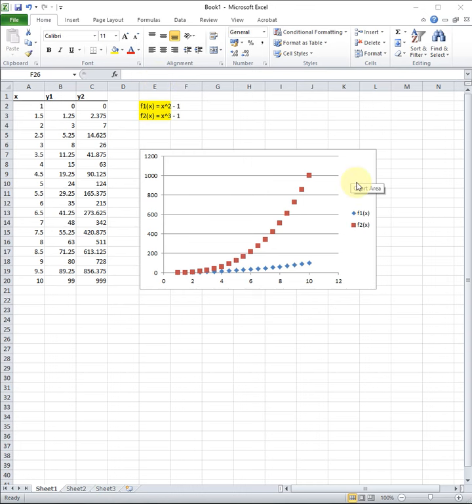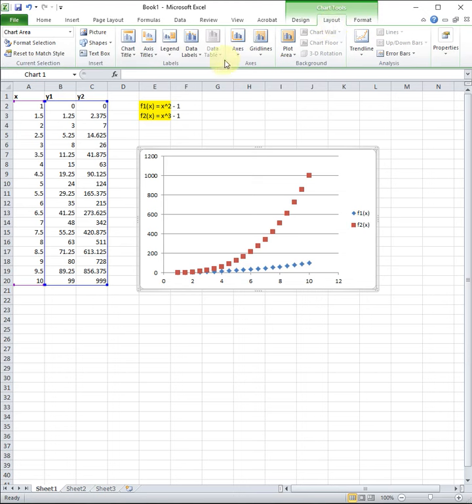So the way that we do that is we need to have an existing plot already, but once we do, we can click on the graph and we can go to layout. So on the layout tab there's a whole bunch of options we can use to change the labels, the axes, whether there's grid lines that show up and so on. For now I'm not going to go through all of it. I just want to add an X label and a Y label, and maybe